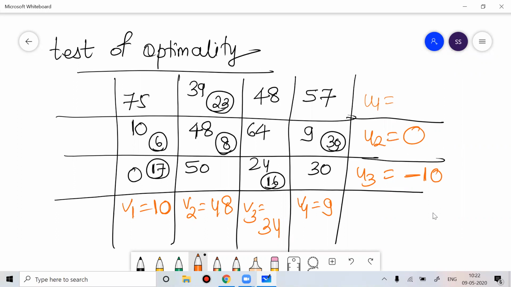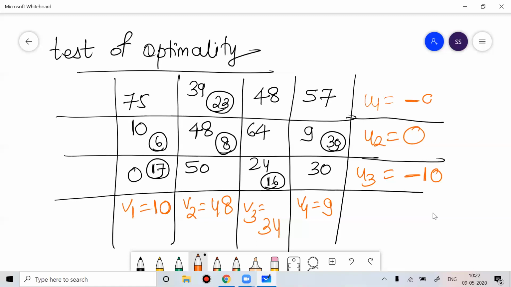Okay, clear everyone? So 10, 48. So this should be minus 10. So you can see these values. So U1, U2, U3. So 24 is equal to minus 10 plus V3. So it will come to this side. It becomes plus 10, 34. Now once you're done with this, 39 equal to 48 plus U1. So U1 plus 48 is 39. So 39 minus 48 is minus 9.